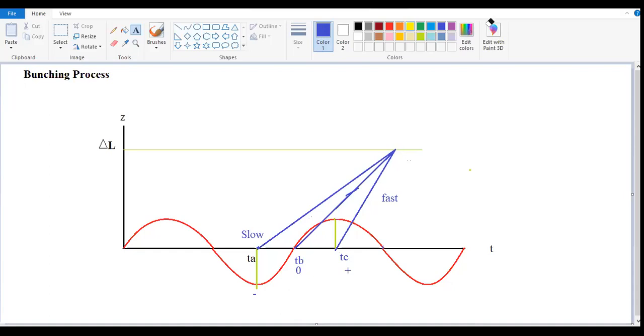So if I go for a brief review of that bunching process: what is the effect of velocity modulation? It produces bunching of the electron beam, or the current modulation. So this velocity modulation is the current modulation. This is the concept. It forms a bunching. The electron that passes the buncher at Vs equals 0 travels through with an unchanged velocity V0 and becomes a bunch at the center. So this is the zero velocity, zero impact.